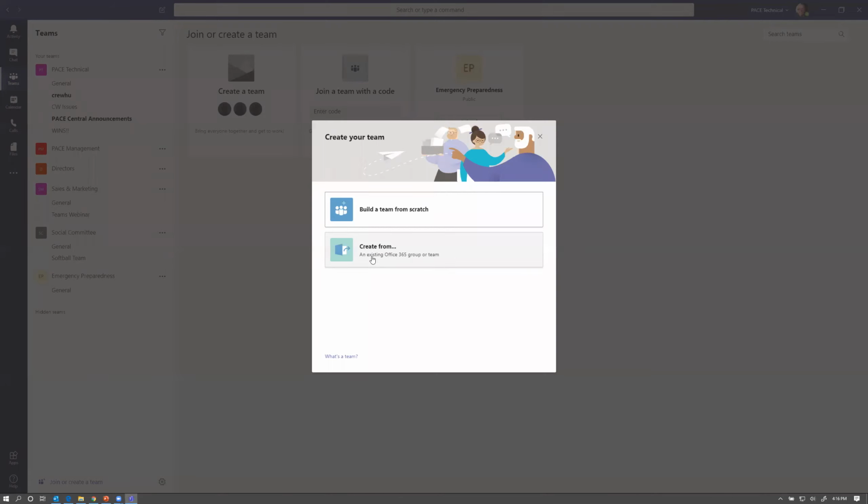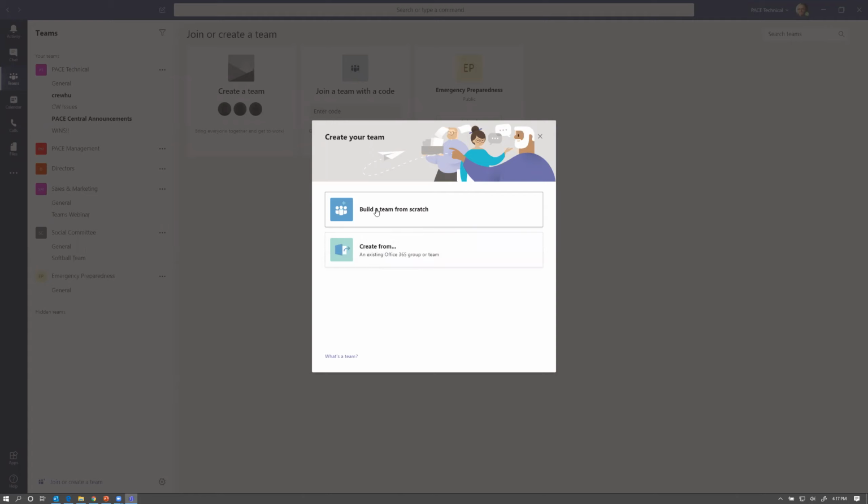The other way is creating from an existing Office 365 group. So if you're a company that uses SharePoint heavily, you may already have some SharePoint groups set up. Or if you have created groups within Outlook or within Microsoft Exchange, those could be existing as well. And you can create a team from any of those already established groups.